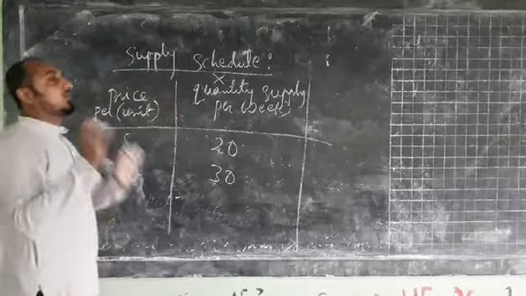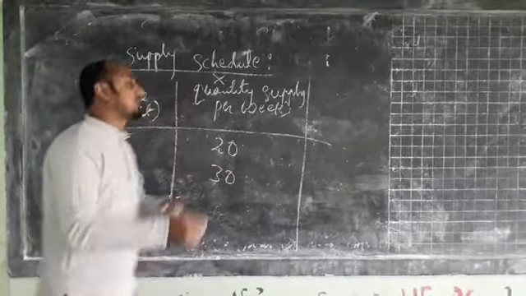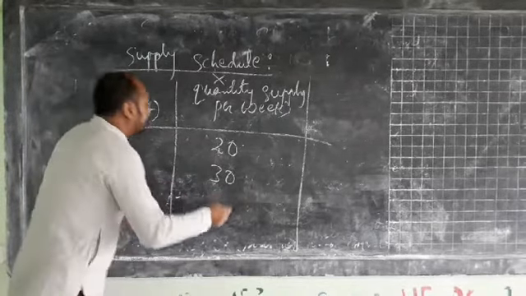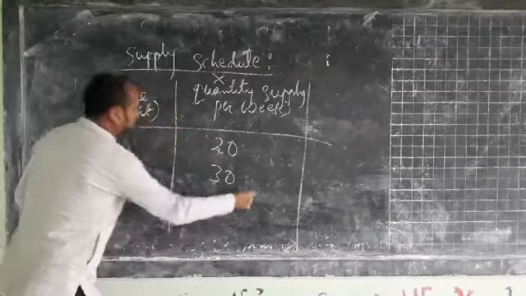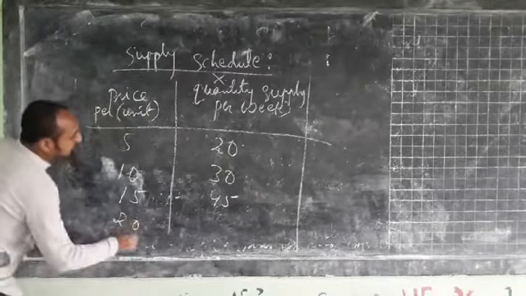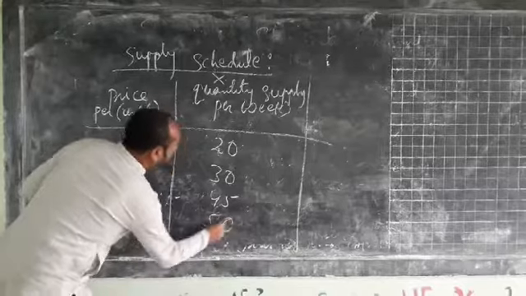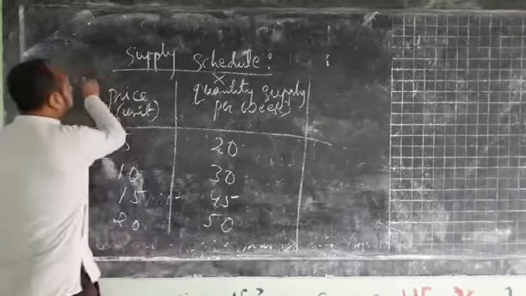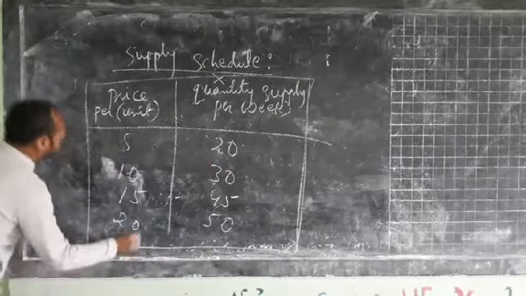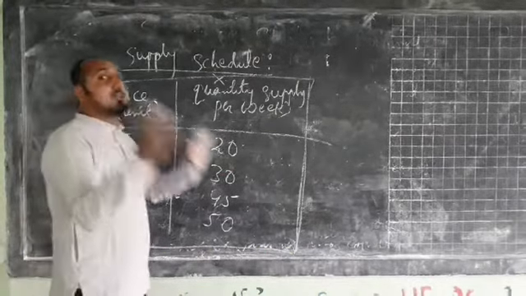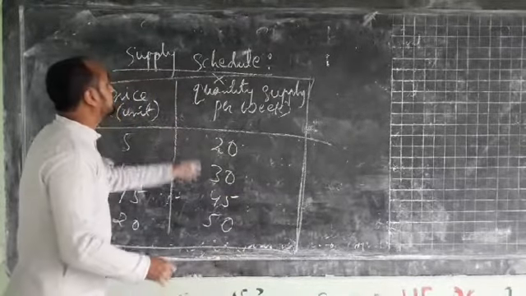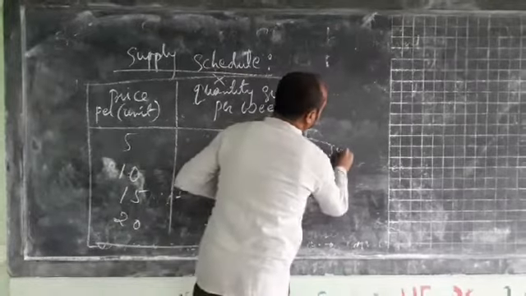Similarly, when the price increases from 10 to, suppose, 15, at that time the quantity supplied will increase from 30 to, suppose, 45. Again, if the price increases from 15 to, suppose, 20, the quantity supplied may increase from 45 to 50. So this tabular representation of price and the various quantities supplied at the different prices is called the supply